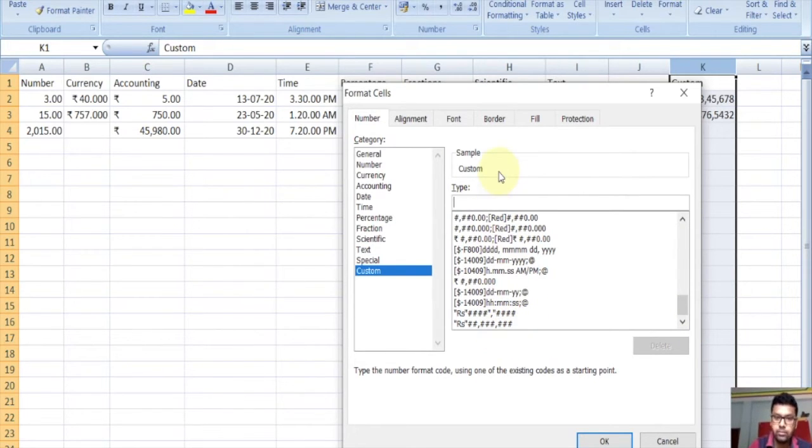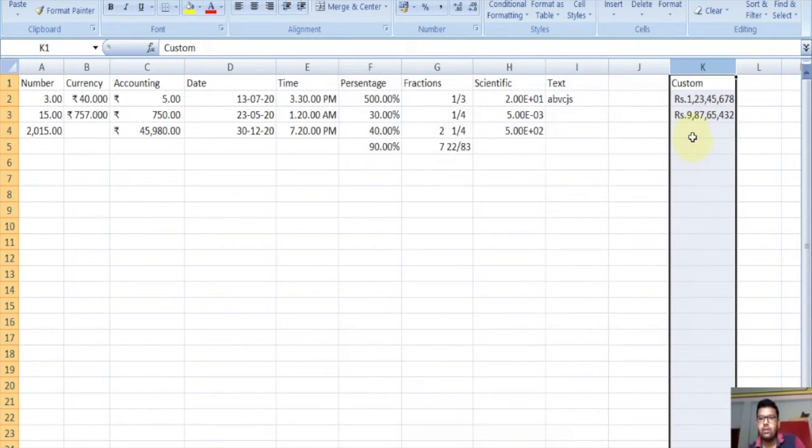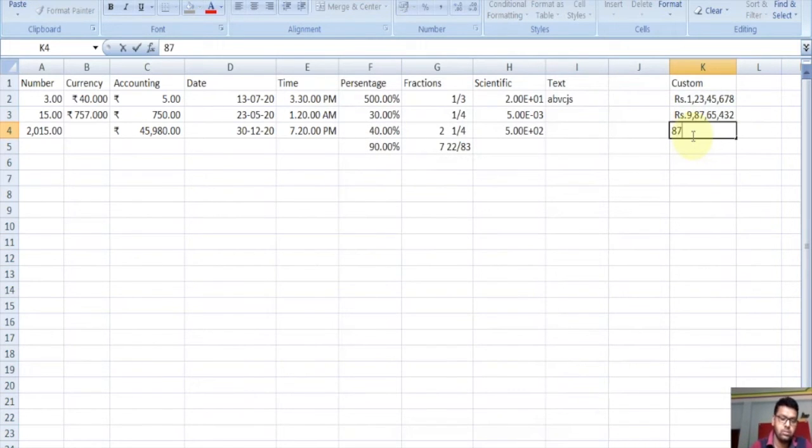For that we have to write rupees, double quote RS dot double quote, and a hash for various numbers, and click on OK, and we can use the number here and the format is there.